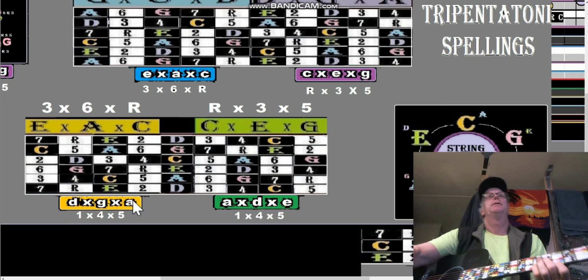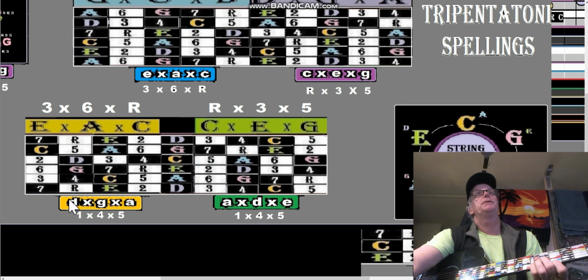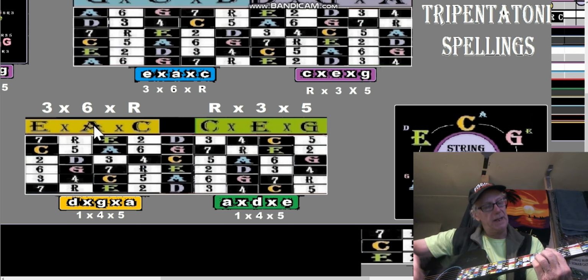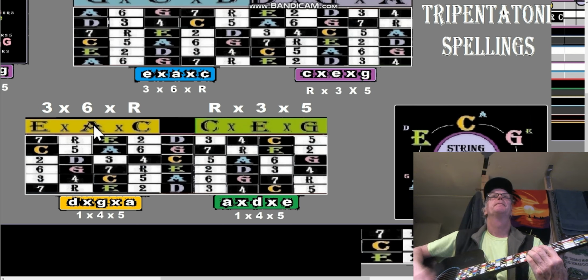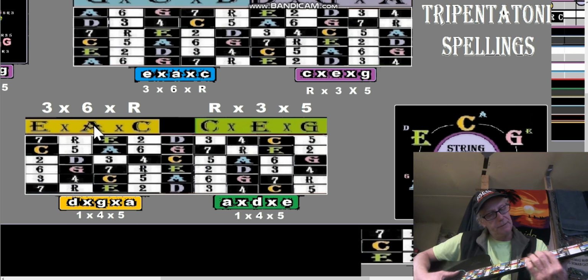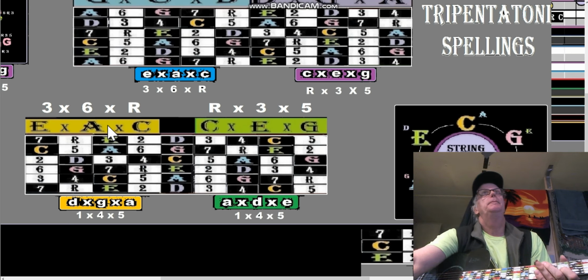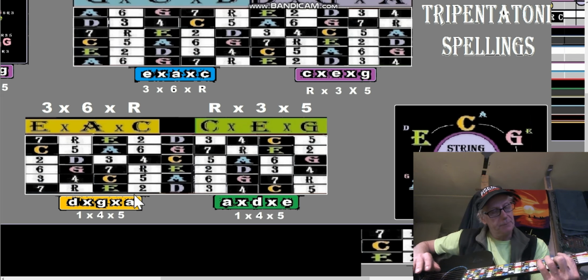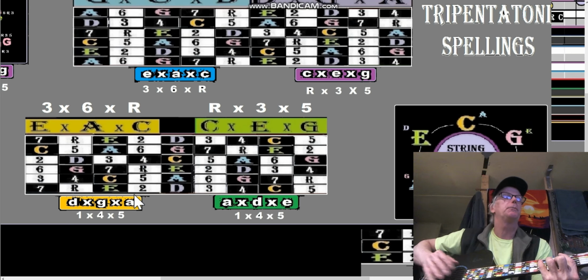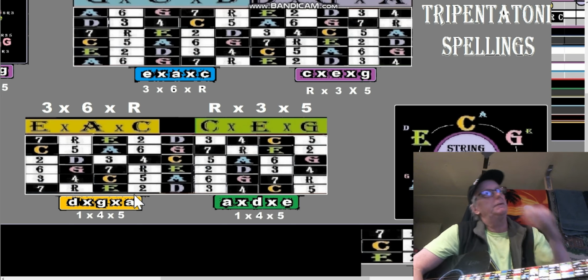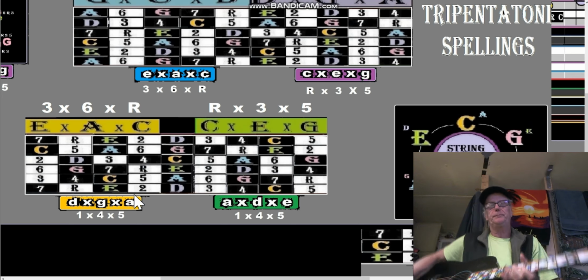Okay, so anyway, the relative minor of the E shape is that D minor. The relative minor of that A shape is G minor there. And then obviously the relative minor of the C shape is the A minor shape, and it's going to be an A minor shaped G sharp minor. Okay, so